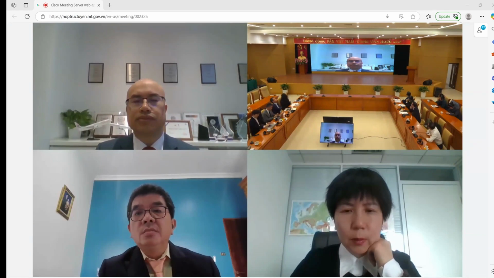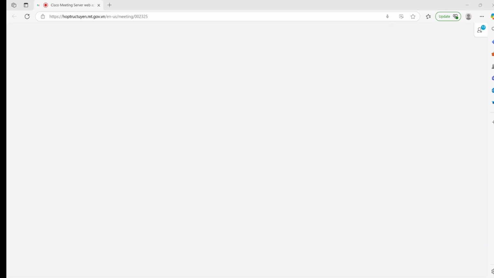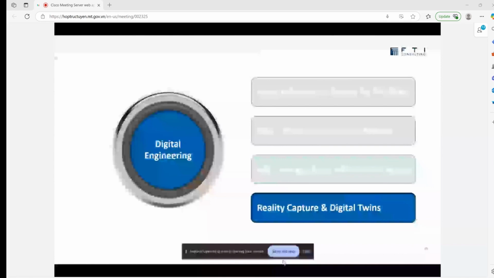And then the final pillar in this is reality capture. So reality capture is basically a process by which you actually digitize the existing environment. So you would survey the alignment through Ho Chi Minh, you would survey the alignment through,